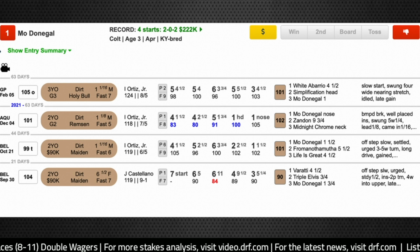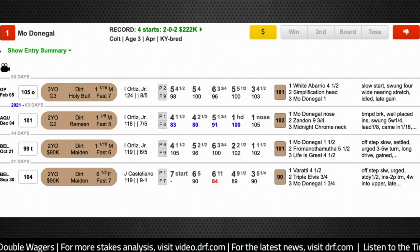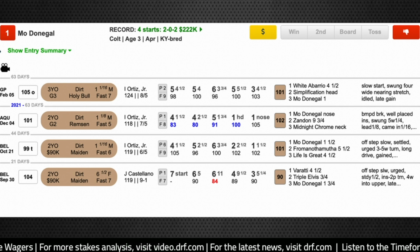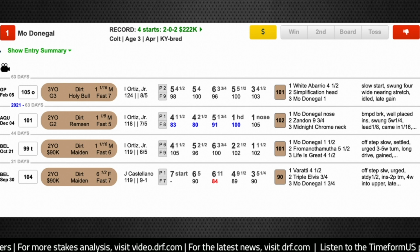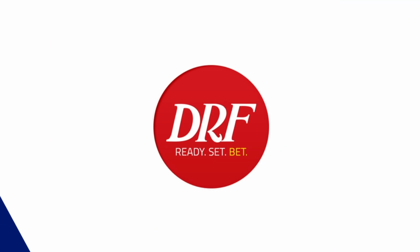And also, he would like it if Early Voting sets a fast pace on the front end in this Wood Memorial. But there are a couple other horses that I do want to consider in this race. One of those is the number 8 Berese. Let's take a look at his victory against New York breds last year, going 1 mile in the